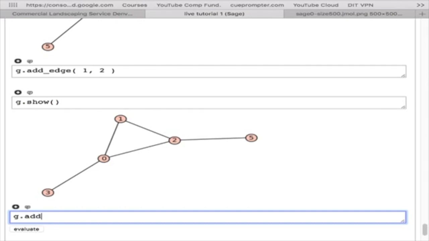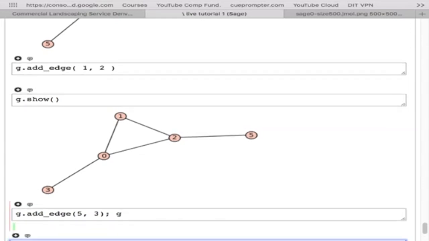So I will do now g dot add underscore. If you are not sure what you want to type, just press the tab key, and this will show you the options. I want to go from 5 to 3. Semicolon g, just to